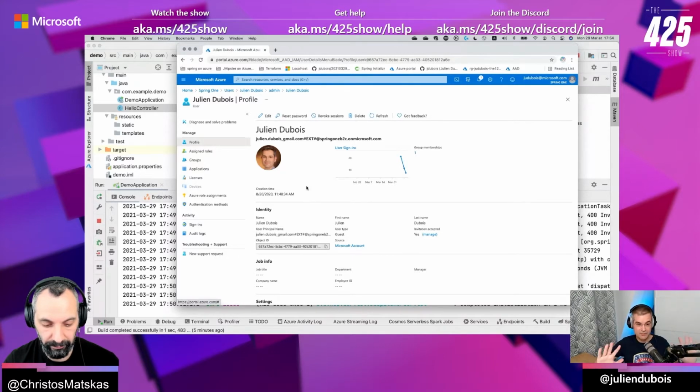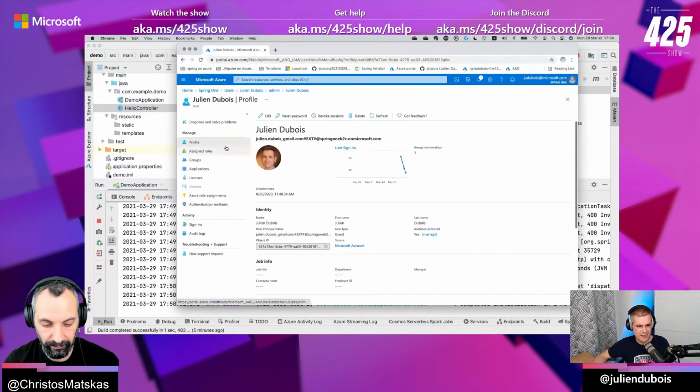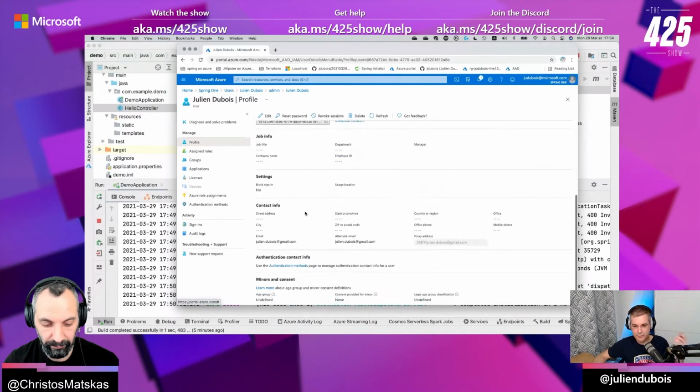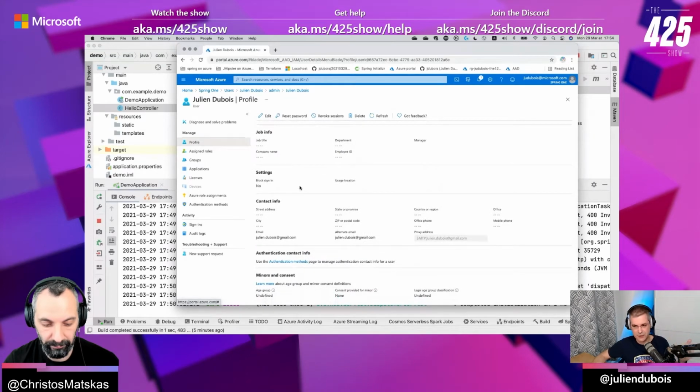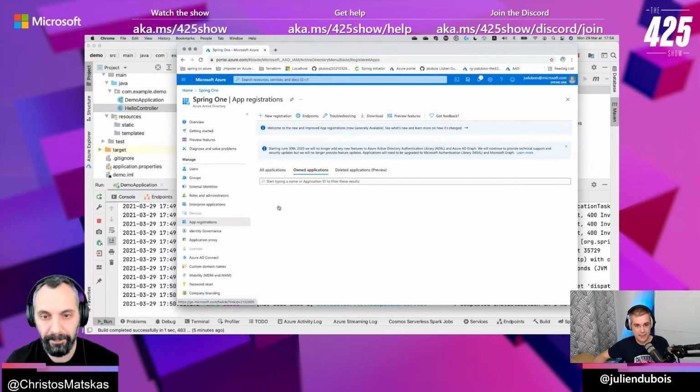So now it's all for, I would say, Active Directory people to manage this and maybe force, for example, we can force the type of authentication. We can say we require people to authenticate with two-factor authentication. Sorry, I forgot. Also, you need to configure your app for this. So for this, you need to go to app registrations. And your app should be there.